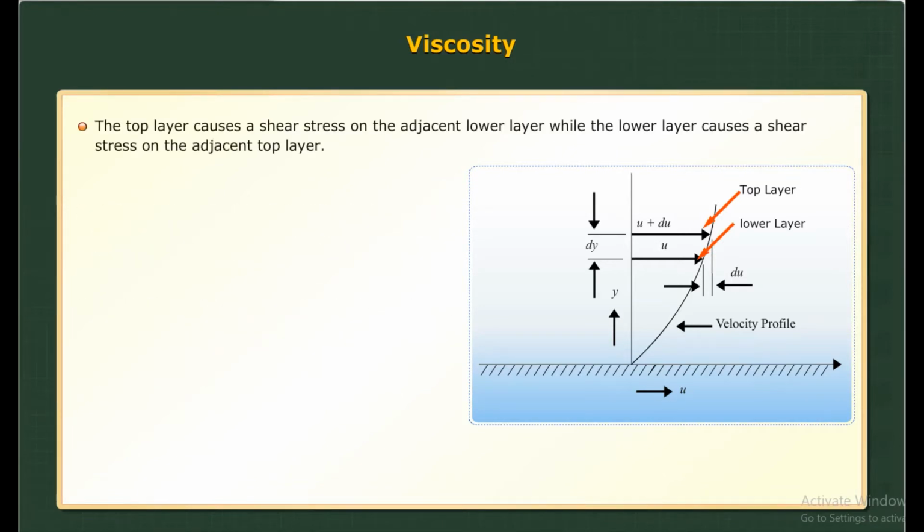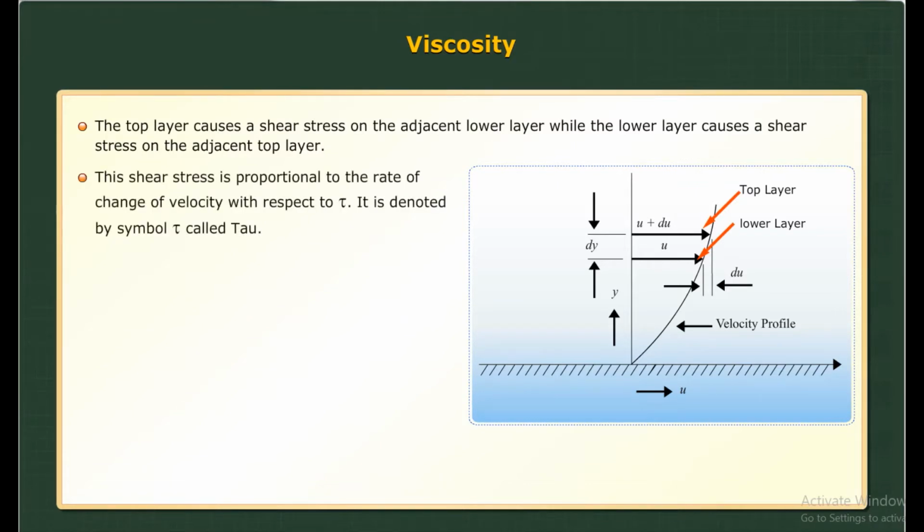The top layer causes a shear stress on the adjacent lower layer, while the lower layer causes a shear stress on the adjacent top layer. The shear stress is proportional to the rate of change of velocity with respect to y. It is denoted by the symbol tau. Mathematically,